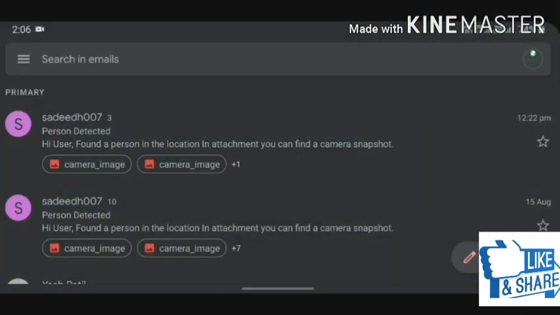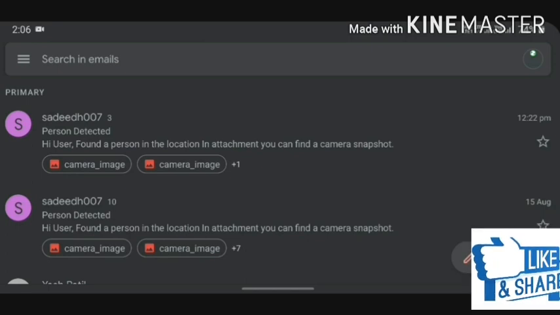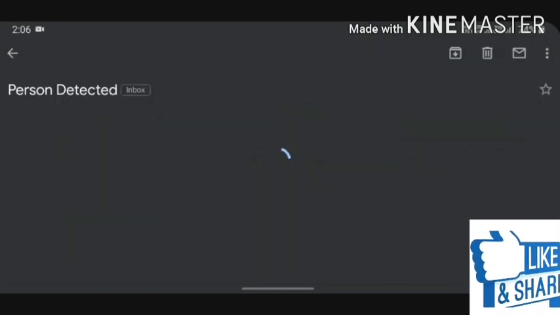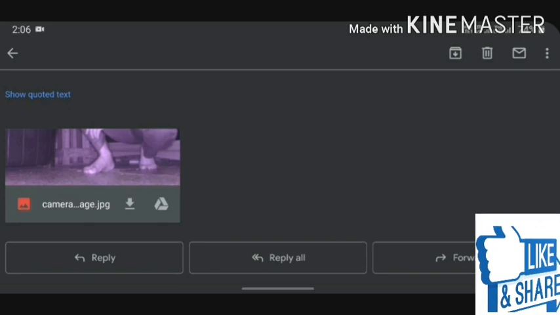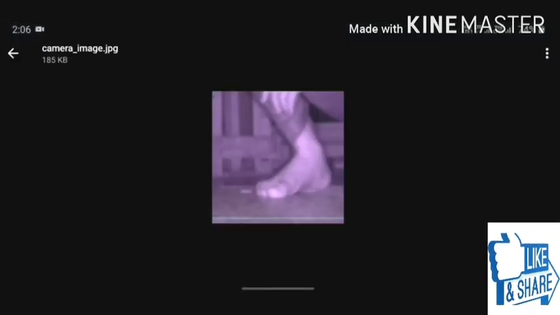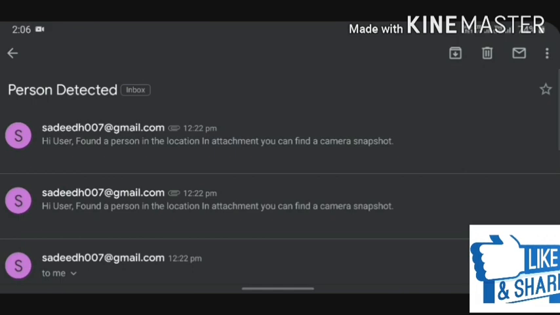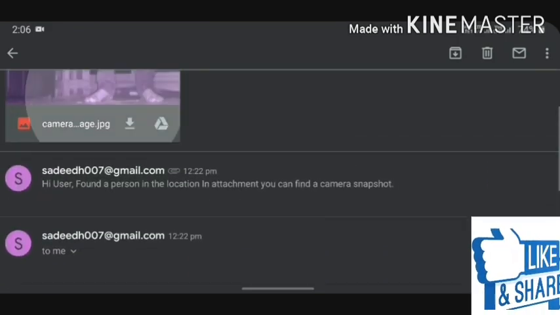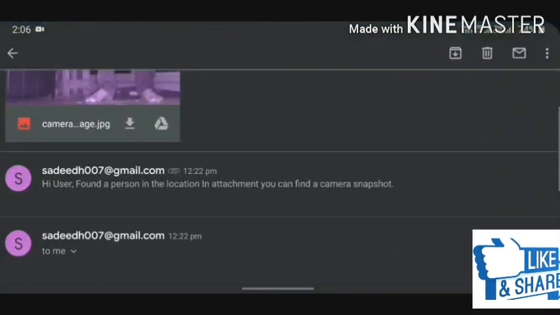This is the mail ID of the receiver, which is nothing but the control unit. Here we have got some mails from the module. Here it is showing person is found, and it has sent the picture of that person also. Let's see the other images also. Here you can observe that by seeing the legs of the person, it has identified that this is a human being, which shows our robot is highly accurate.